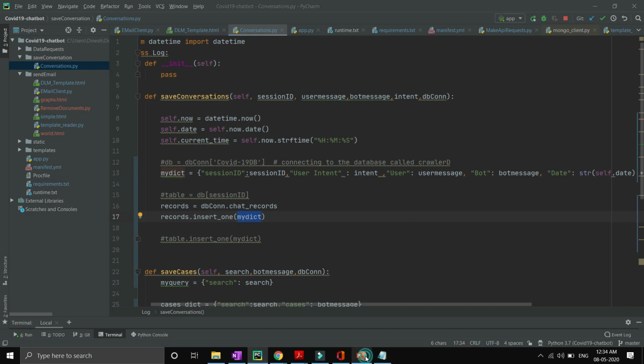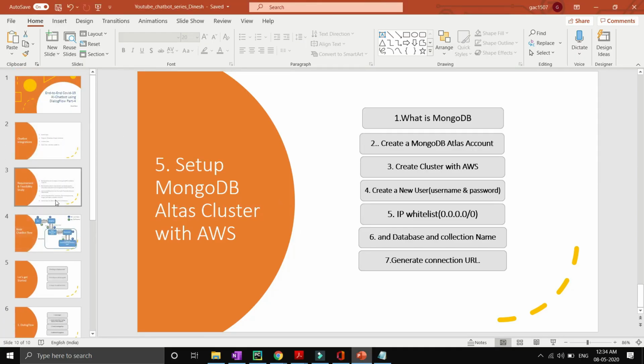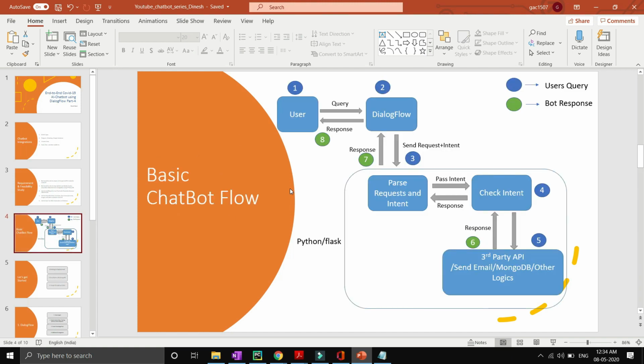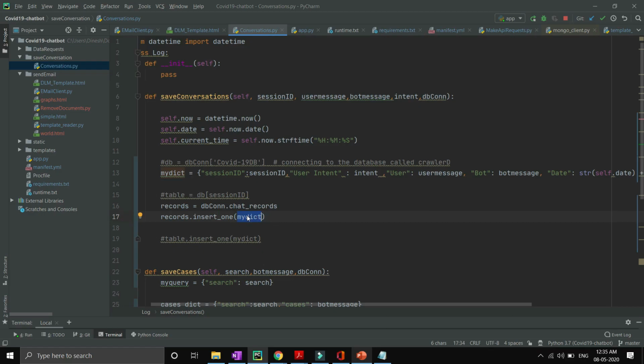As we can see over here, if we go inside the basic chatbot flow, whenever the user queries something to Dialogflow, Dialogflow hits the JSON request inside our webhook route, and our Python Flask code processes that, makes a DB connection, and then saves the conversation inside MongoDB in the form of documents.